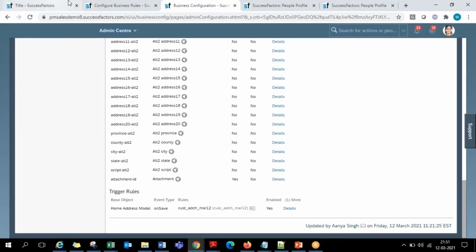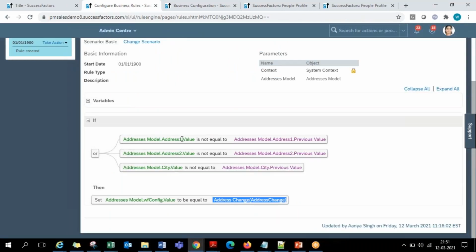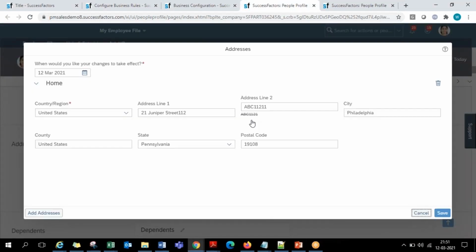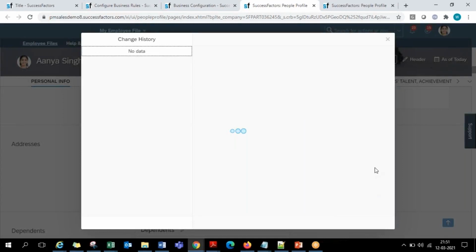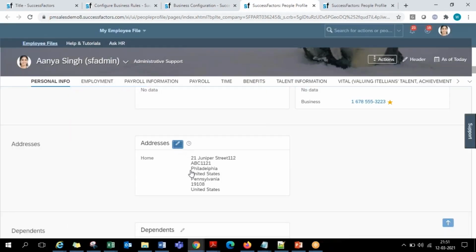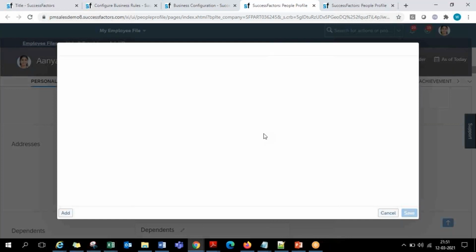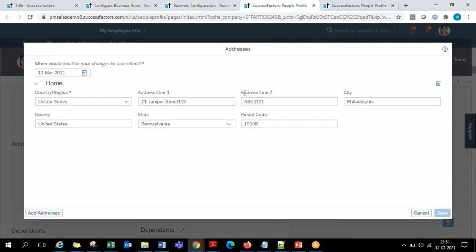Now, for this three-step process, if you want to validate whether it is triggering or not: our rule is saying if any of these three fields changed, the workflow should be triggered. One, address line 1, address line 2, and city. Now here in the portlet, let me close it and reopen it. So I'm opening the address portlet once again. Any of these three fields got changed, the system says the workflow should be triggered. But now I change a pin code. At the pin code level, the last digit is 8. I'm making it 9. There is a change for sure.